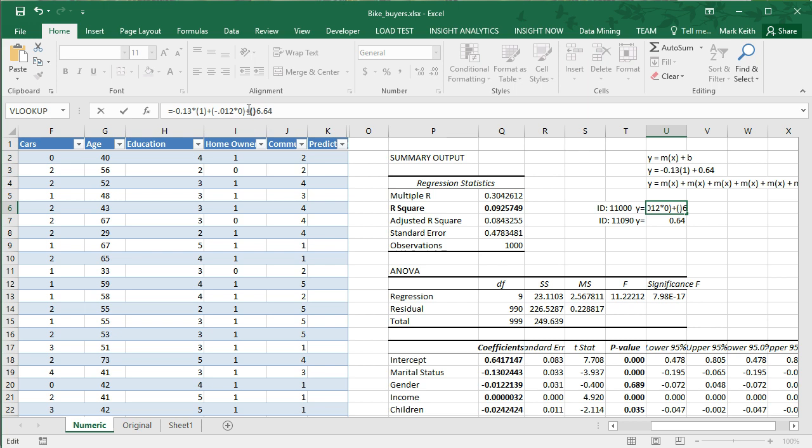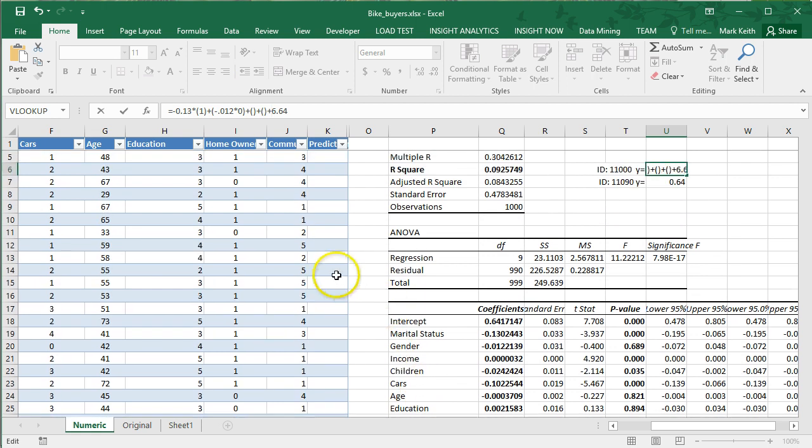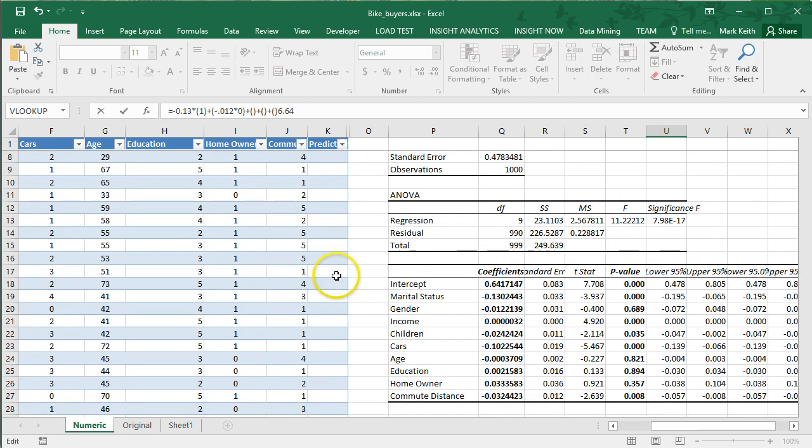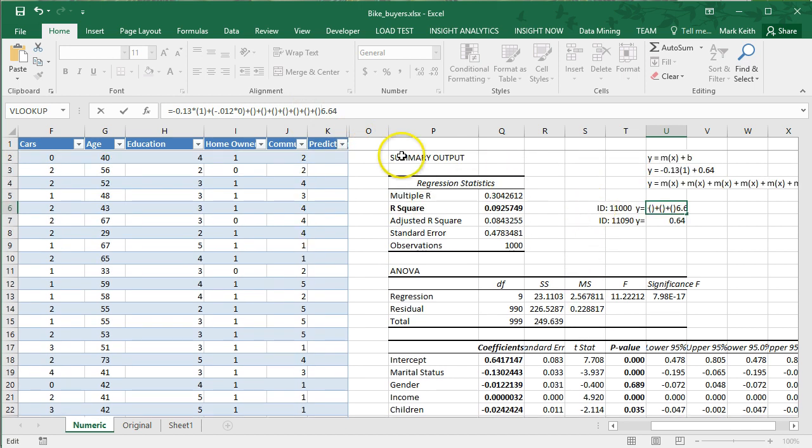This is going to be for income plus children plus cars, age, education, homeowner, commute distance. So I've got to plug in the weight times the actual value for each one of these things. So a quick way to do that that's not going to take forever is I'm going to instead